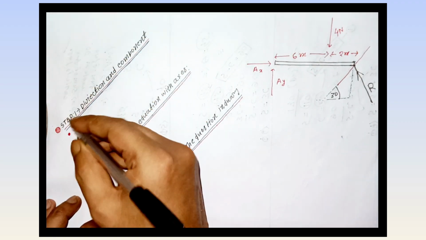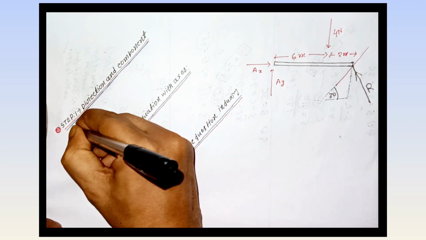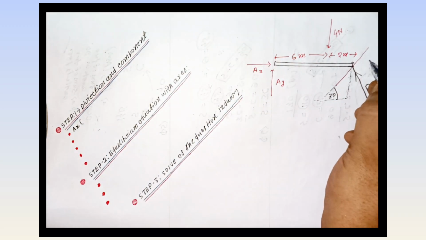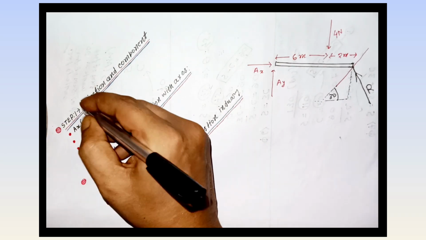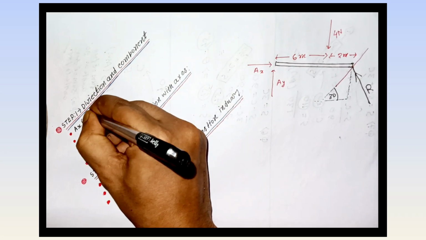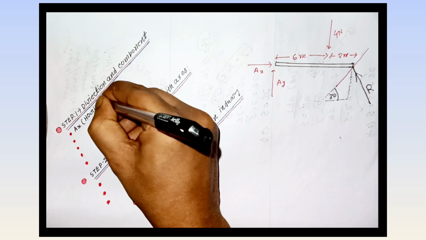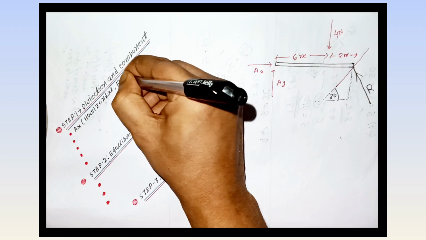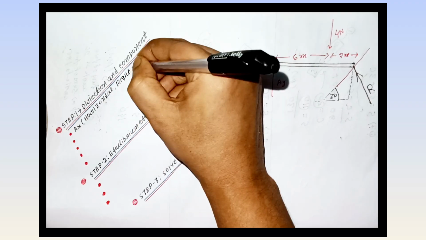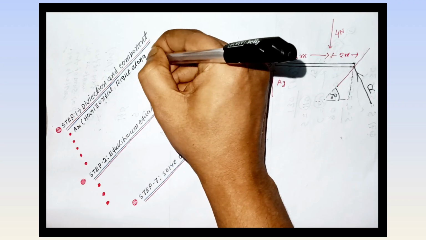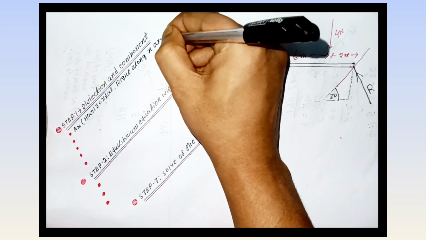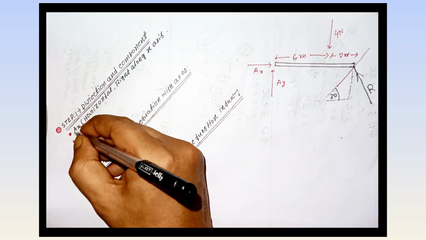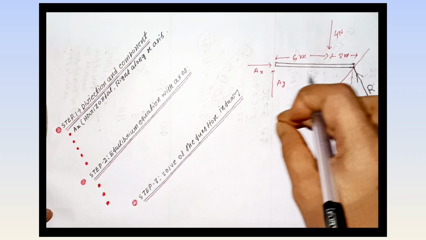Here are two reactions, AX and AY, at the point where the 6 centimeter rod is attached. If you ask which is the direction of AX, you can easily say it is along the positive x-axis. In short form, you can write AX, in brackets, horizontal direction right side, not left, remember, right side. Because the R force, R reaction, is applied not exactly left but partially left, the direction of AX must be right.